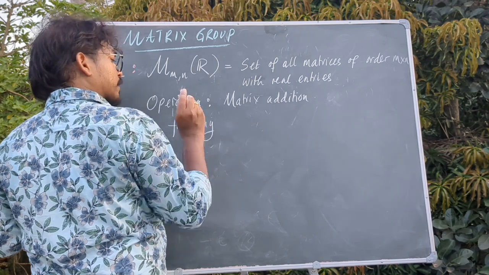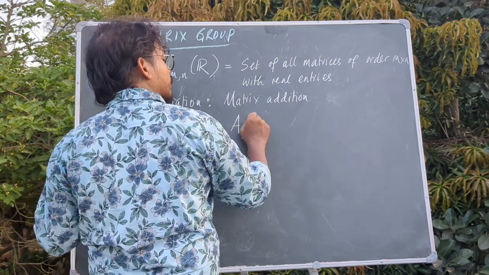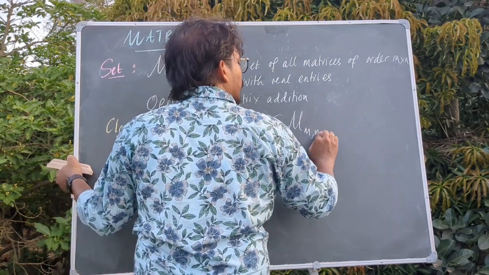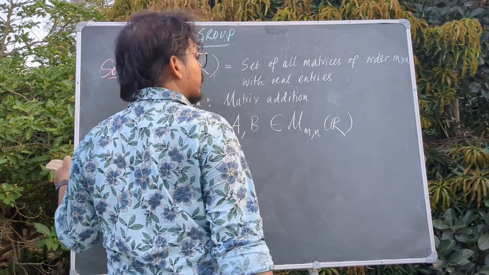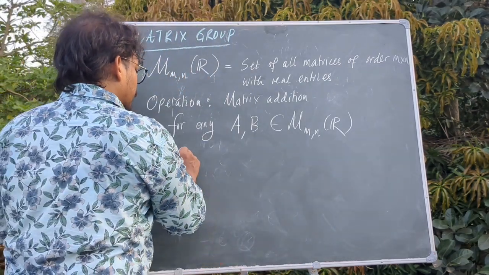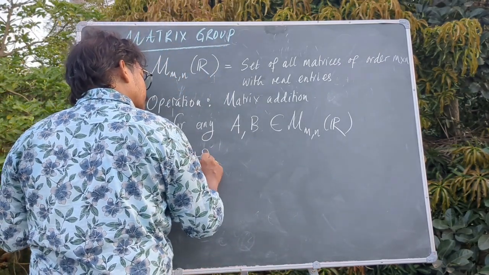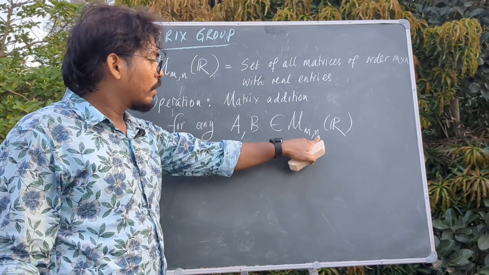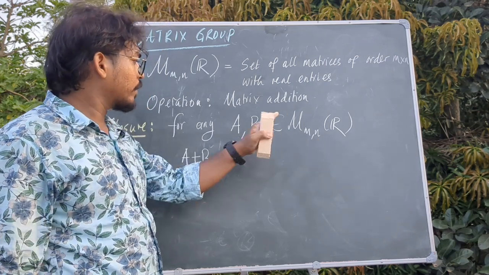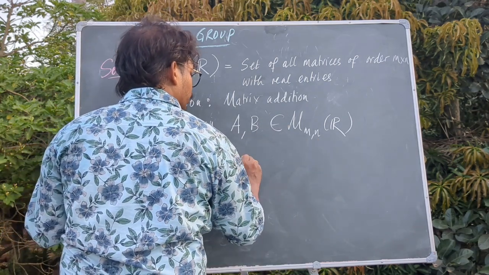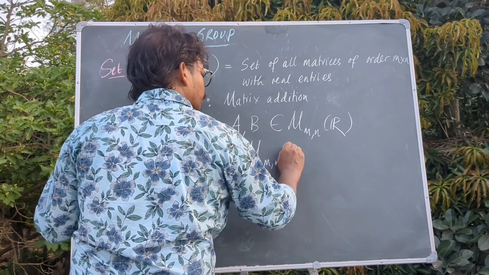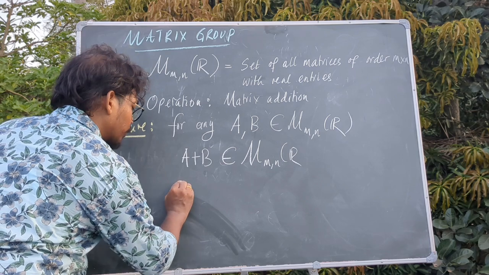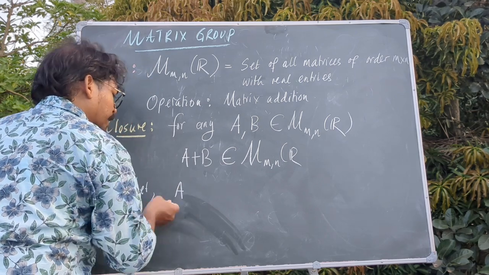For any two matrices, suppose capital A and capital B are two matrices of order m by n with real entries. A plus B is also a matrix of order m by n and entries are from real numbers. This also belongs to the set. Why? Because in matrix addition, suppose let A equals,